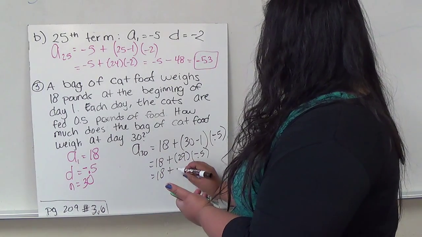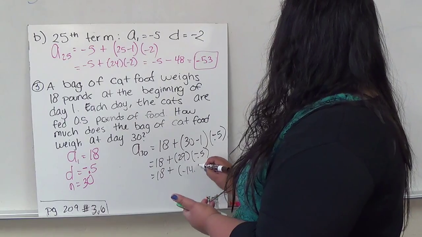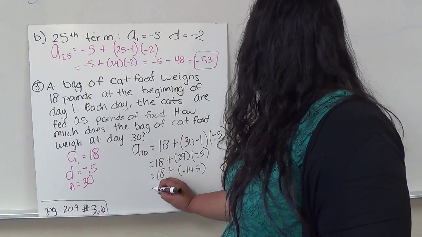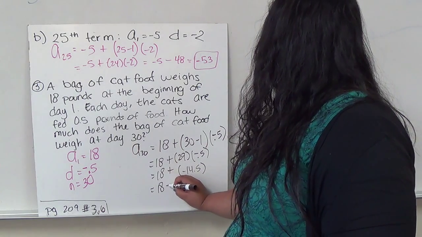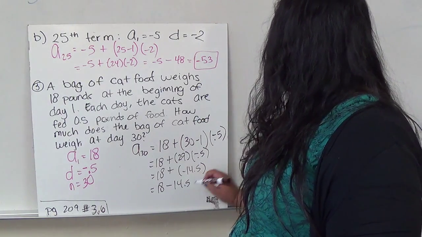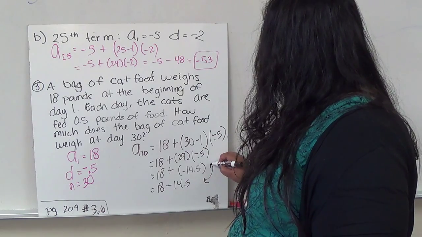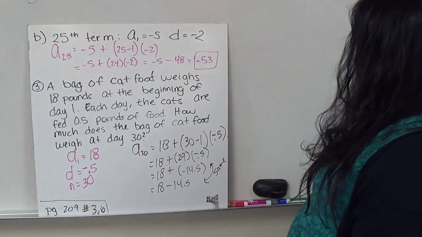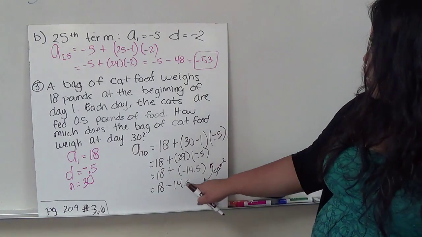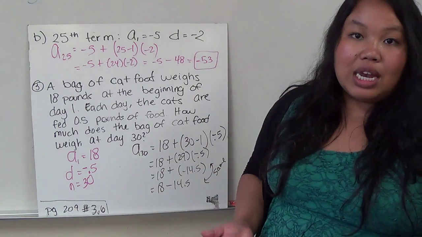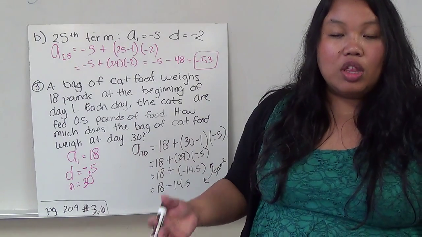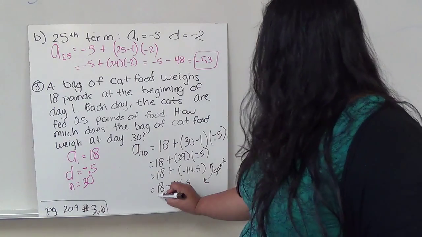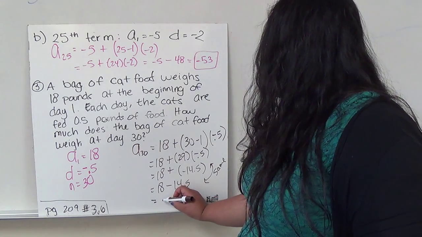It will give me 18 plus -14.5. This is the same thing as me saying 18 minus 14.5. So remember, this is the same. Okay? So you can do plus parentheses -14.5 or 18 minus 14.5, because a plus and a negative next to each other make a negative. Okay? So I do 18 minus 14.5, which gives me